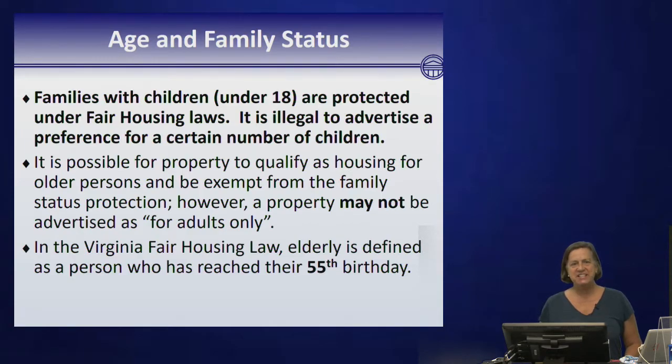Age and family status. All right, so families with children, and a child is someone who is under the age of 18, are protected under the fair housing laws. So it is illegal to advertise a preference for a certain number of children. So what you may see on the test is a